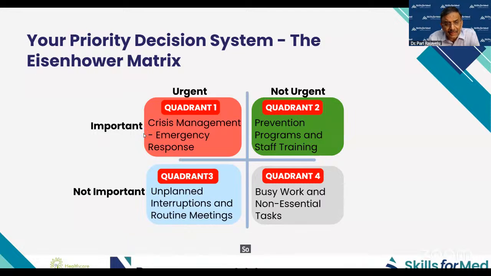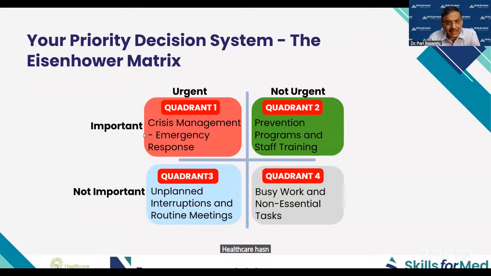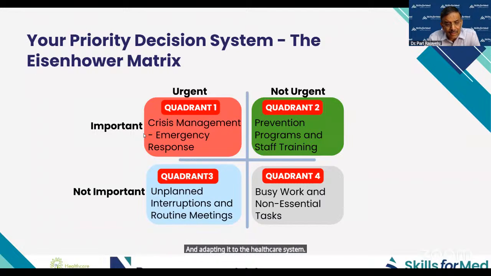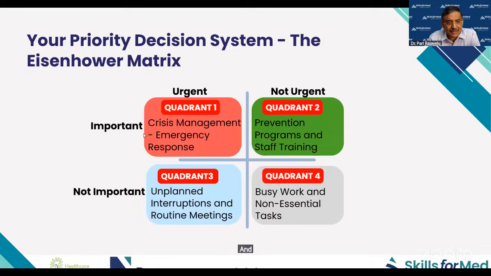So the point here is that this Eisenhower matrix is usually found in business books and told by people who are running businesses. Healthcare hasn't really taken this to heart. That's the reason we are introducing this here and adapting it to the healthcare system. So that is quadrant 1. All of us are very familiar with quadrant 1, where we drop everything and run when such an emergency happens